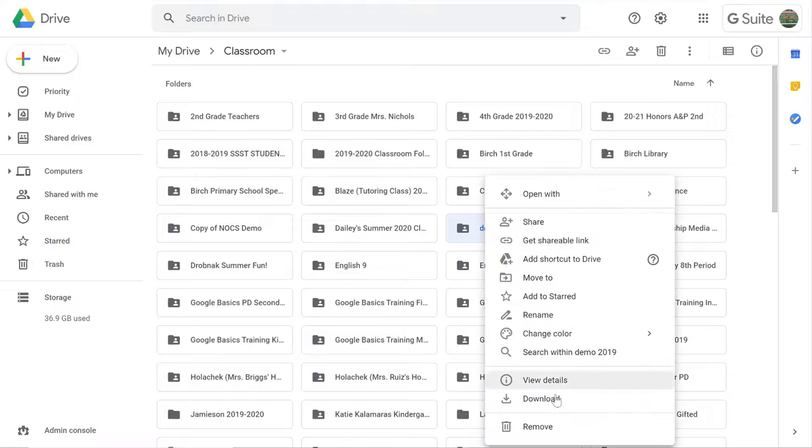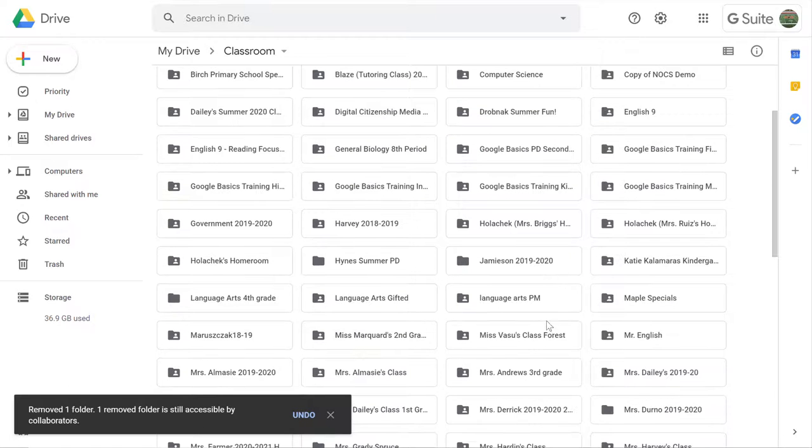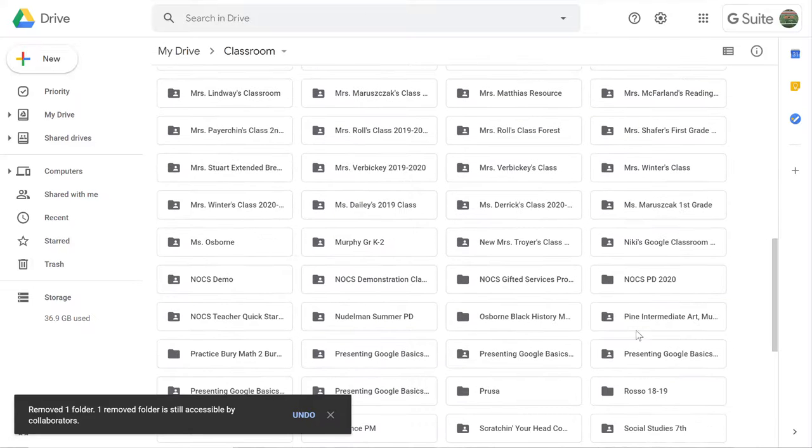I just right click on the folder. I know demo 19, I never taught anything in there. So I'm gonna delete that. I know this one called class, same thing, can delete that. But as I scroll down, if I go into any of these folders, and I'm gonna go into one of my presenting Google Basics from last year,